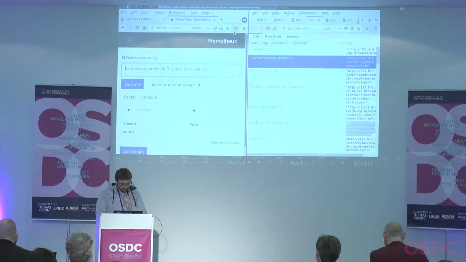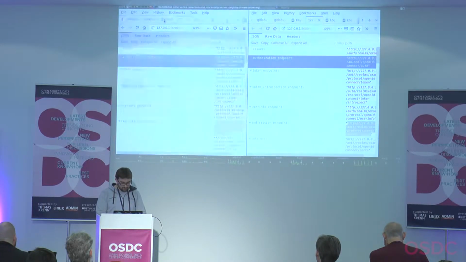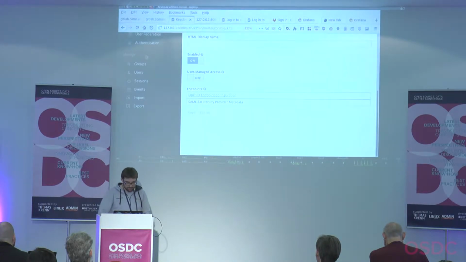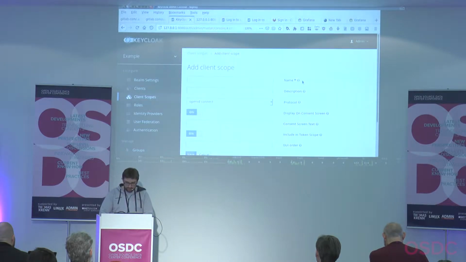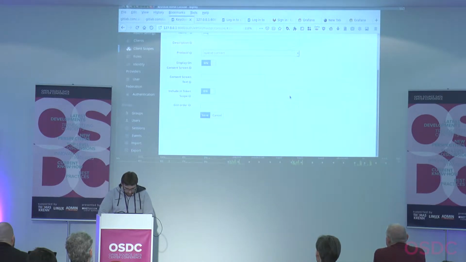So I will first need to set up a new client, of course. So I set up a new client in my Keycloak. What I do now is, there is a bug in Keycloak, so I need to do something. Bug Keycloak, I will call it bug. And I basically need,